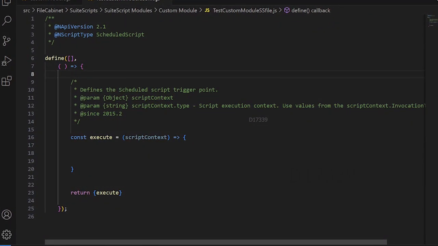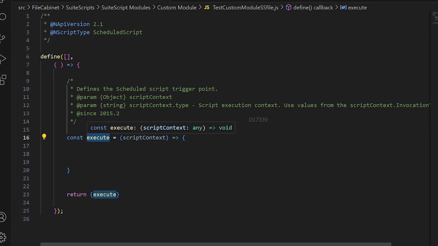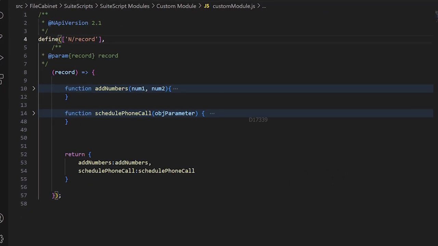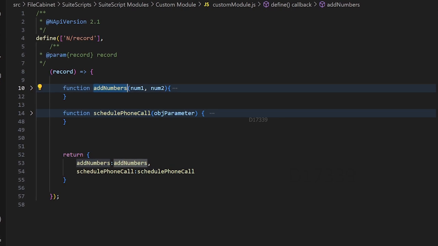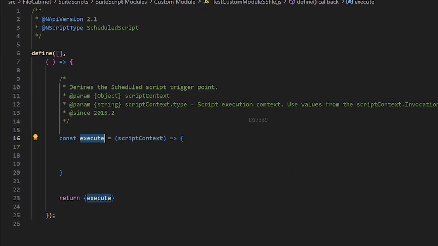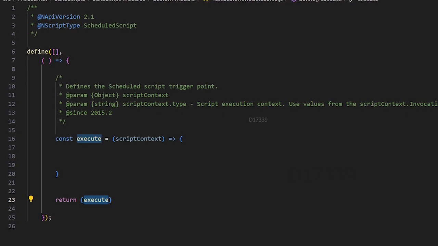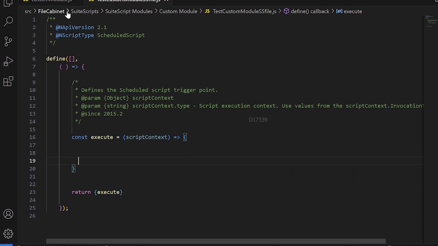So here I have my basic syntax of schedule script. Here you can see by default it returns an execute function, which is an entry point for the schedule script. But in our custom module, we have created our own functions, add numbers and schedule phone call. So that is the reason we are returning it in this format. The schedule script is version 2.1, so they are following the 2.1 version syntax. So now how can I make use of this custom module